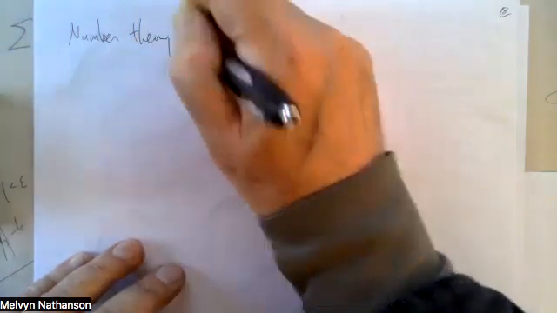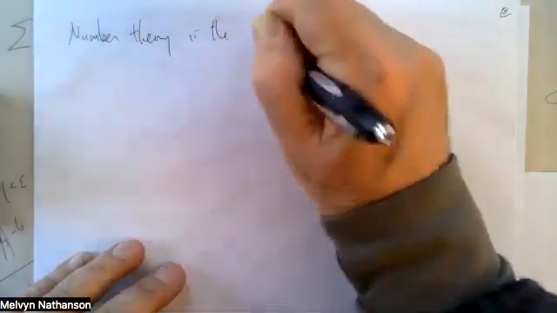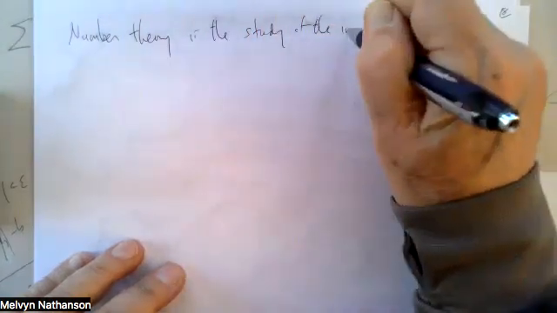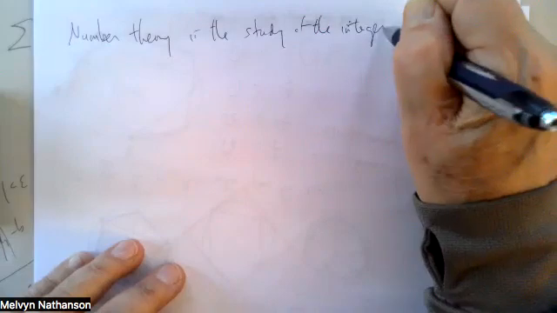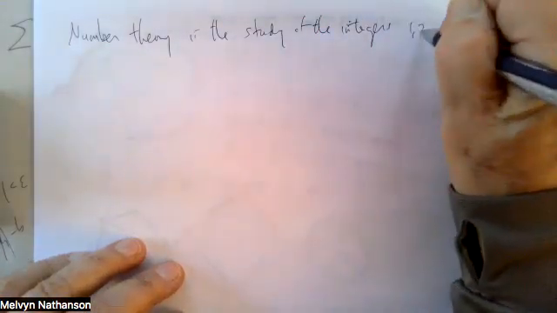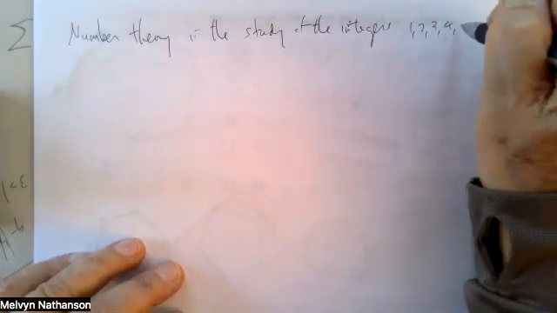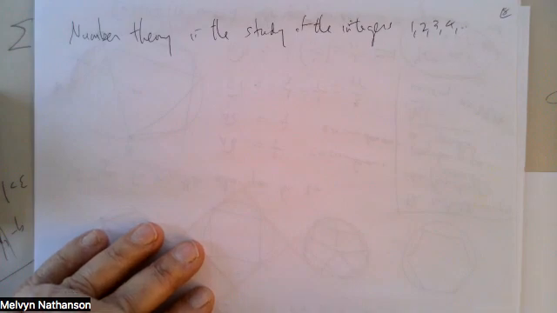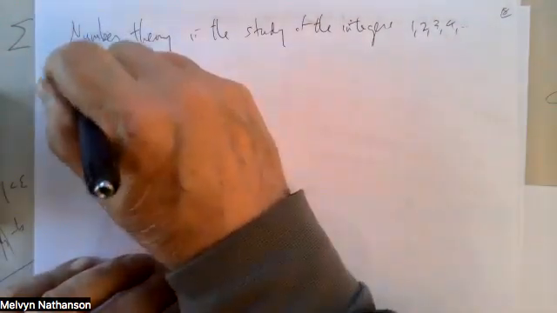Number theory is the study of the integers, 1, 2, 3, 4, 5, and so forth, even just the positive integers. You might think there's not too much you can say about the integers, but in fact there is, and this is in Euclid,